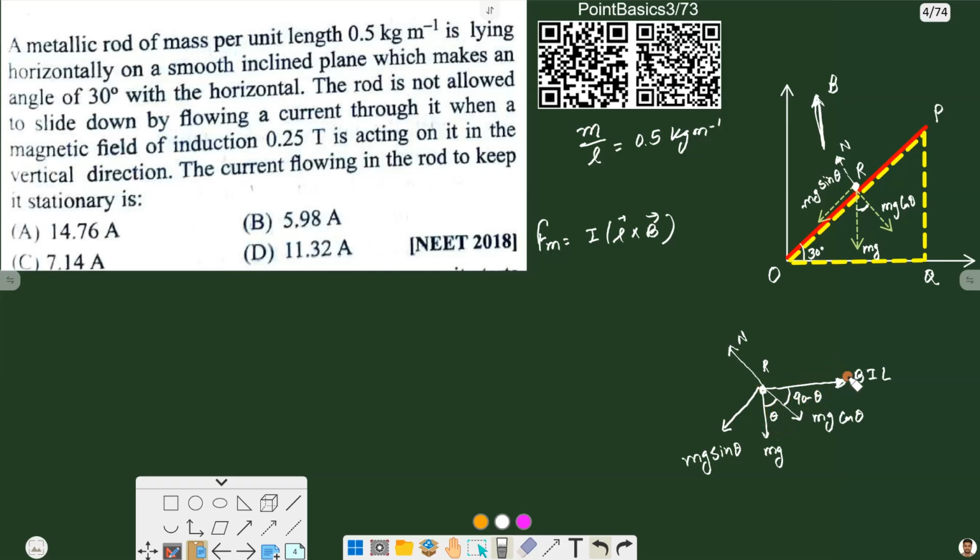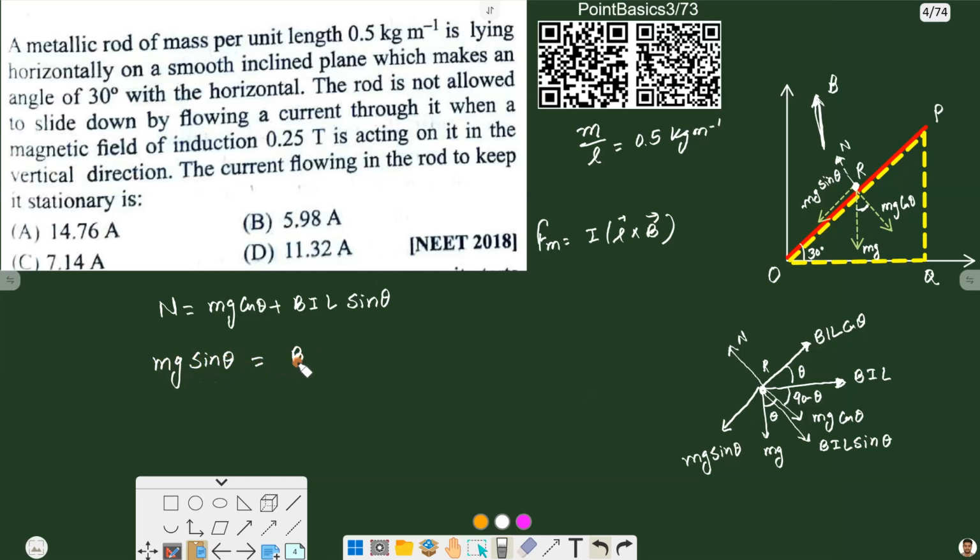And if we now resolve BIL's component, then what will we get? We will get a component like this, and this angle will be theta. So this component will be BIL cos theta, and we have an additional downward component that will be BIL sin theta. So now to balance this equation, we have to write that the normal reaction will balance mg cos theta plus BIL sin theta, and mg sin theta